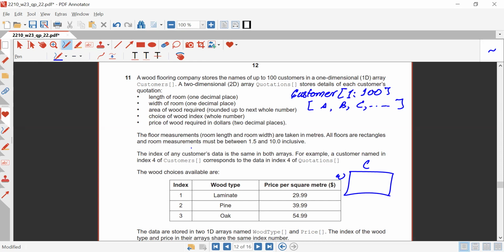Okay, the index of any customer's data is the same in both the arrays. If you are choosing for one, so A is at index value 1, in the two-dimensional array of quotation it should also be 1. That means the first one is A over here, and the first one should be with the length of the room, width of the room, and all these things. Okay, in the customers table and the quotations table. For example, a customer named at index 4 of customers corresponds to the data in index